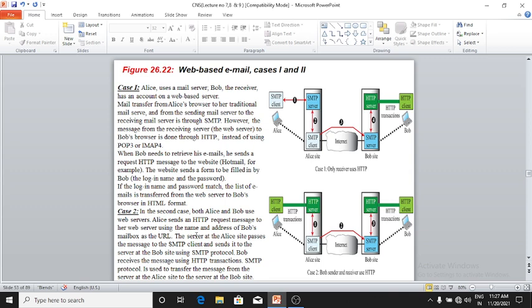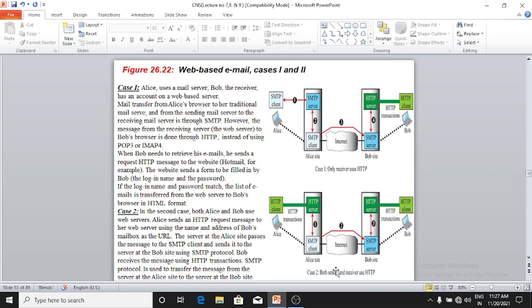Bob receives the message using an HTTP transaction. SMTP protocol is used to transfer the message from the server at Alice's site to the server at Bob's site. See here in the diagram, both sender and receiver use HTTP.